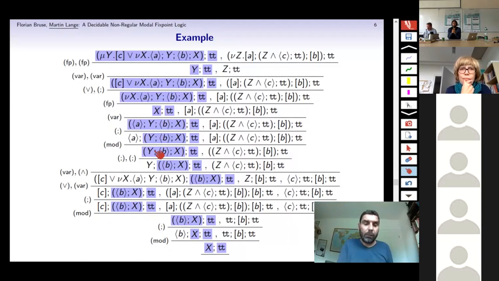And this is why, even though the outermost variable occurring infinitely often is of least fixed point type, this is still a good thread for the verifier, because the outermost variable that counts and occurs infinitely often is actually this x here. And it's inner to this y. Anyway, so these are all the technicalities.